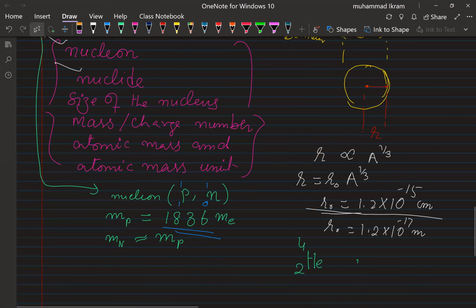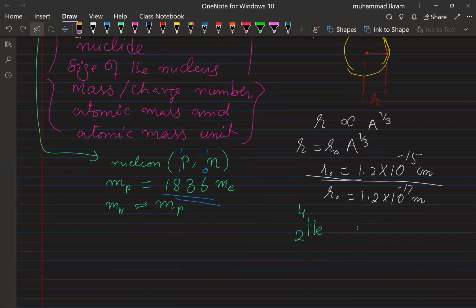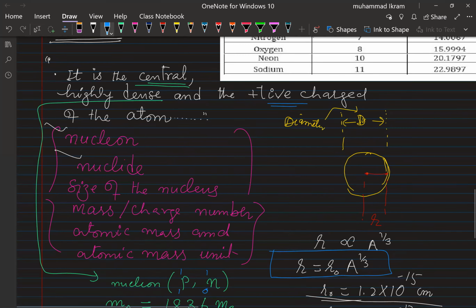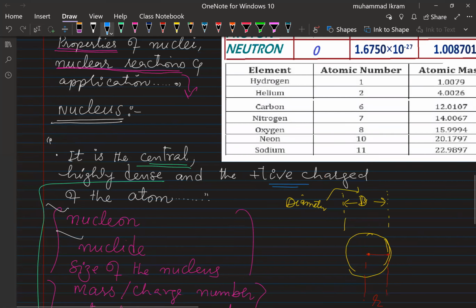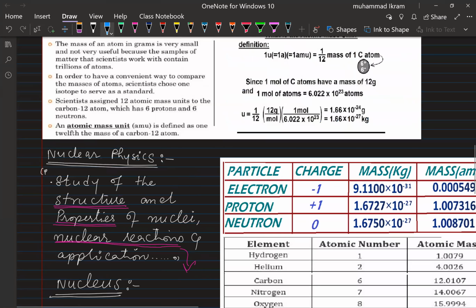So that is all about the structure and the size of the nucleus, that the size of the nucleus is proportional to the cube root of A, A to the power 1 over 3. Okay, so now let me tell you something about the